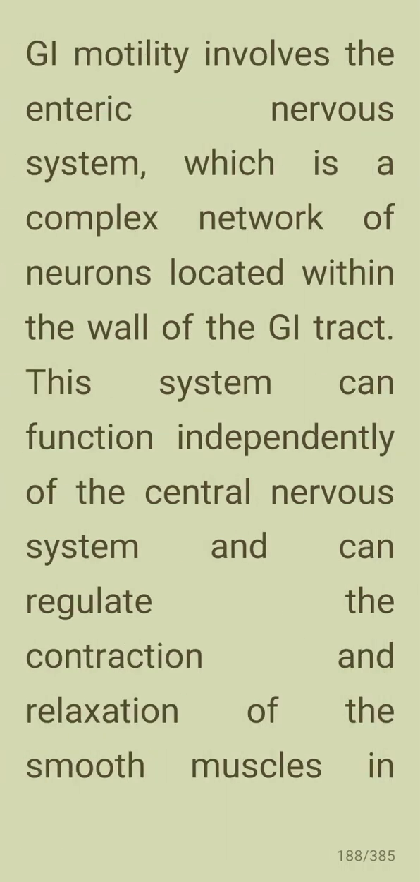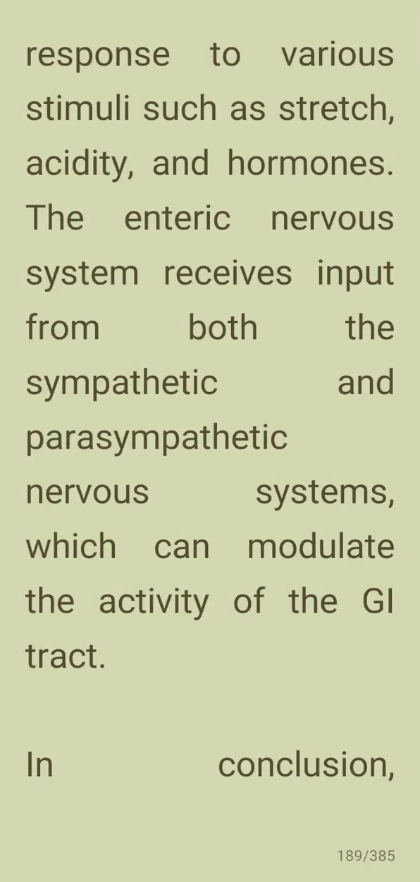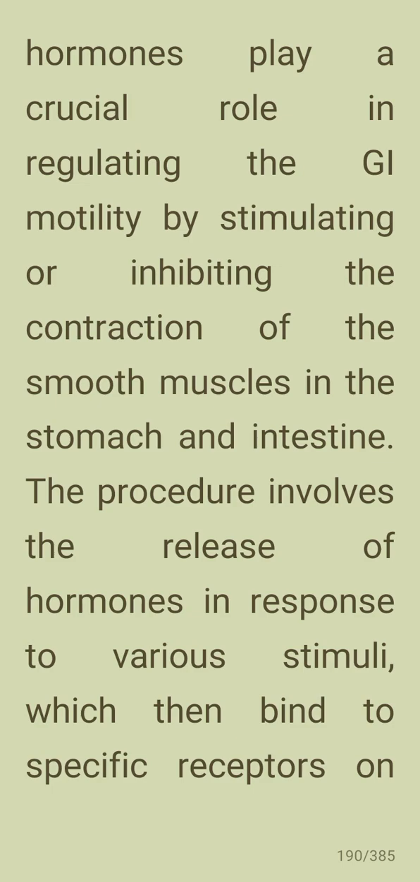The nerve control of GI motility involves the enteric nervous system, which is a complex network of neurons located within the walls of the GI tract. The system can function independently of the central nervous system and can regulate the contraction and relaxation of smooth muscles in response to various stimuli such as stretch, acidity, and hormones. The enteric nervous system receives input from both the sympathetic and parasympathetic nervous system, which can modulate the activity of the GI tract. So, in conclusion, hormones play a crucial role in regulating the GI motility by simultaneously stimulating or